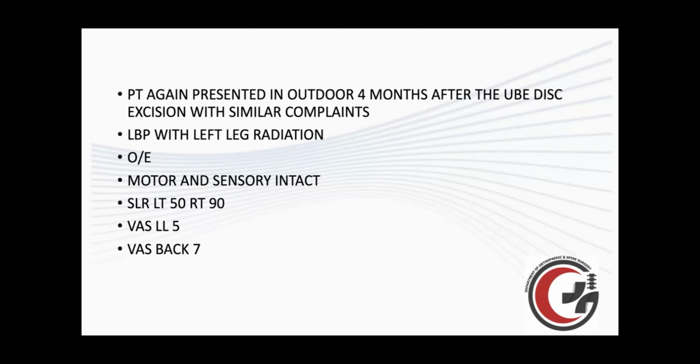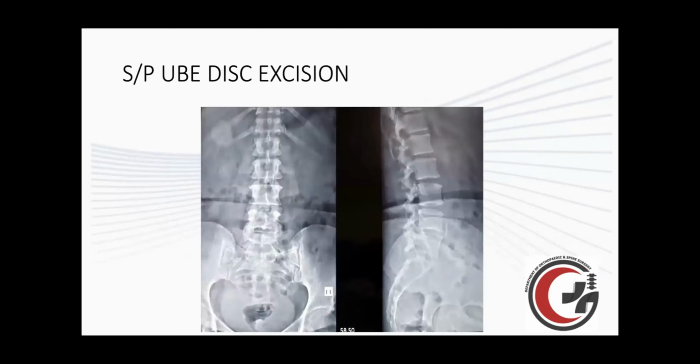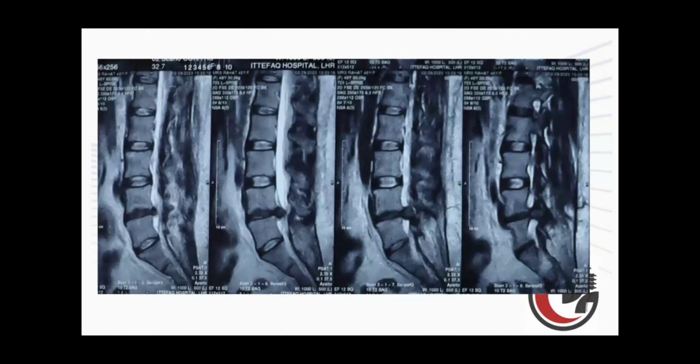So keeping in mind the chronic lower back ache with prior failed discectomies, we had to choose a more targeted approach for this patient. So we did X-rays to see if there were signs of instability, and we could see that there was at L4, L5, and then we had to do a post UBE MRI, which was showing